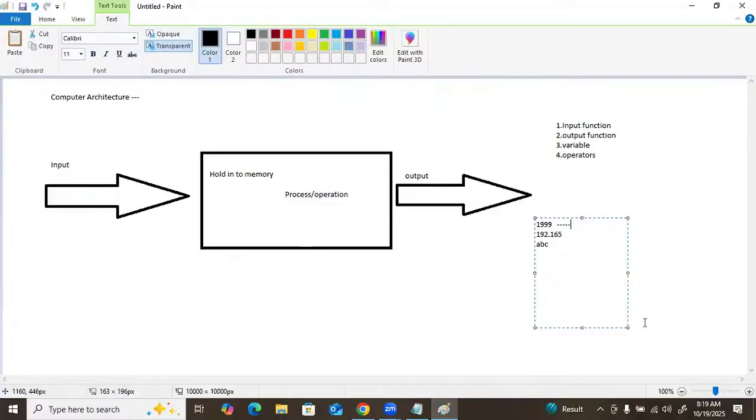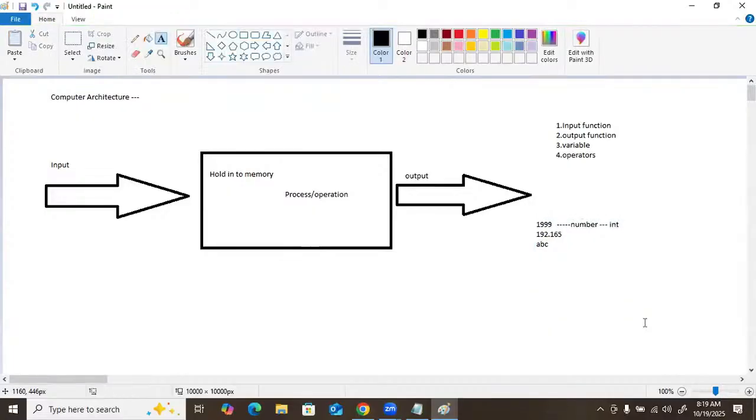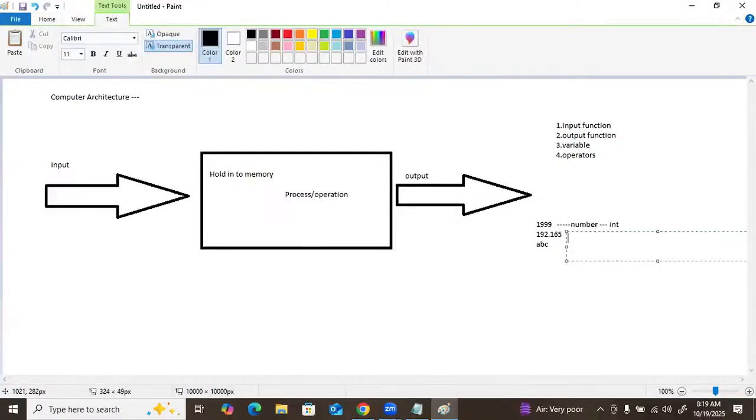So this is my data. What is the format? It's a number, which is going to be represented as integer. And this one is the decimal format, so we are going to represent it as float. It's a decimal. Last one is